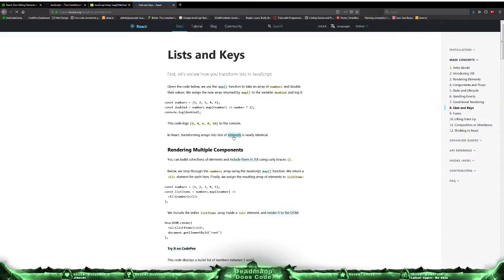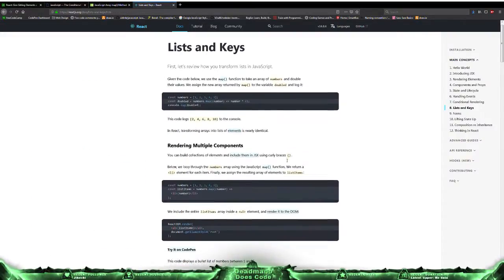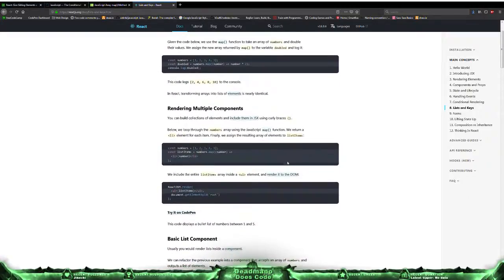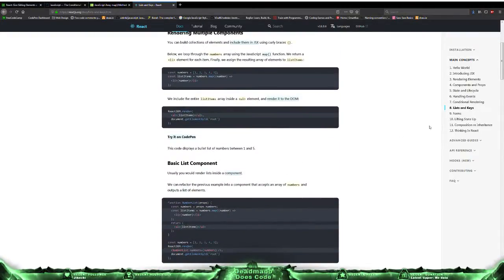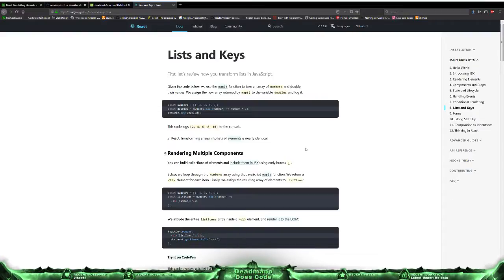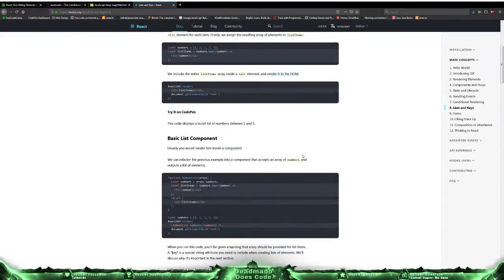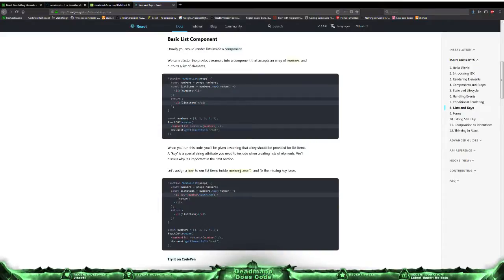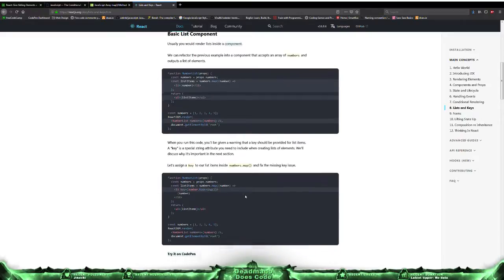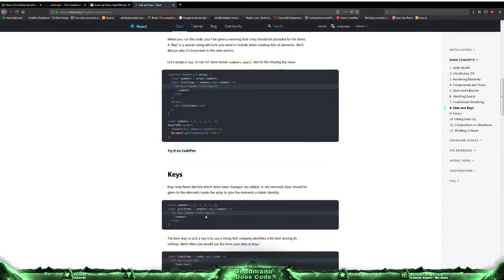How do you give it a key attribute? Oh, you do. You just go key equal to, and then